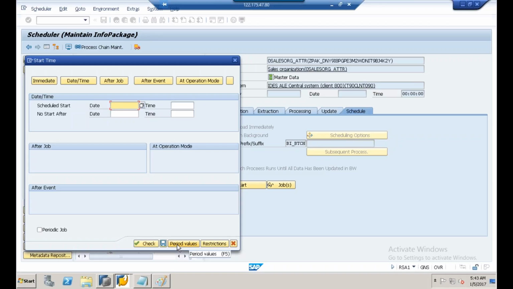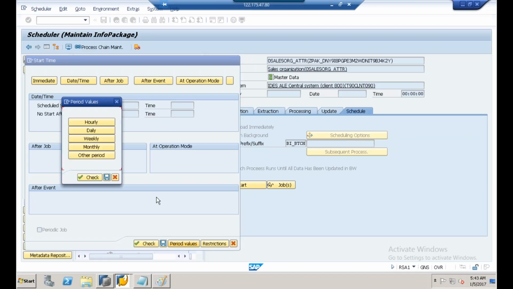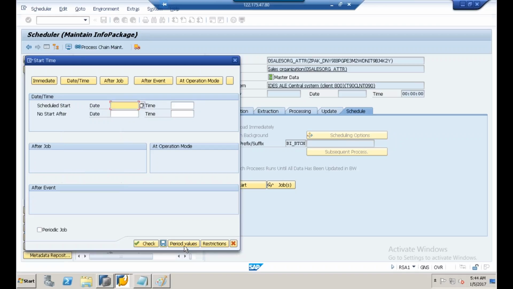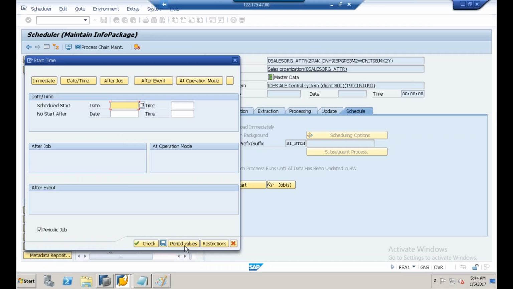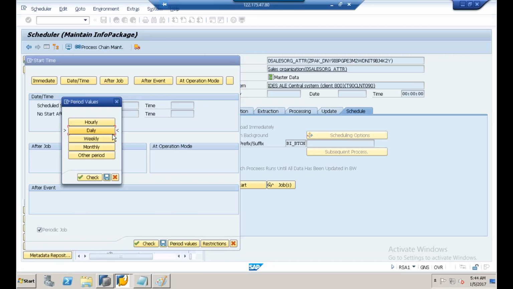So you can give the periodic value, whether you would like to do it for hour, daily, weekly, monthly. So you need to select this period and then you can give a schedule. For example, daily. I would like to do this on daily basis. Click on period value and click daily, click save